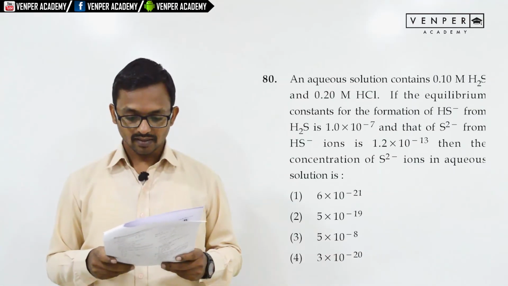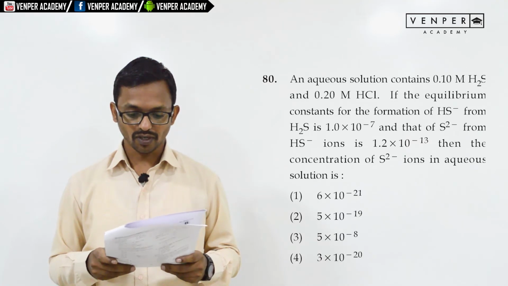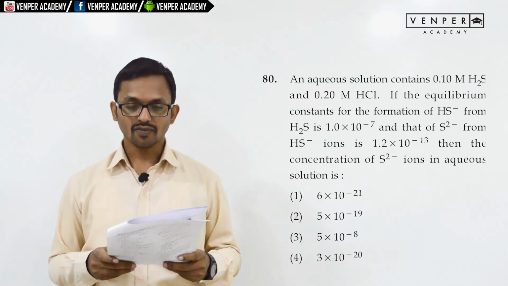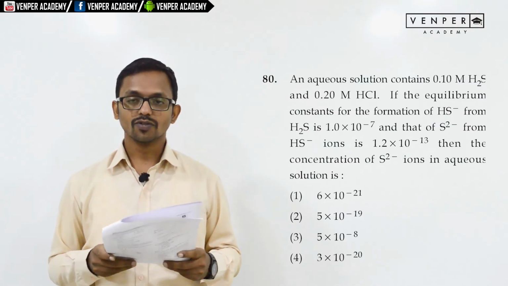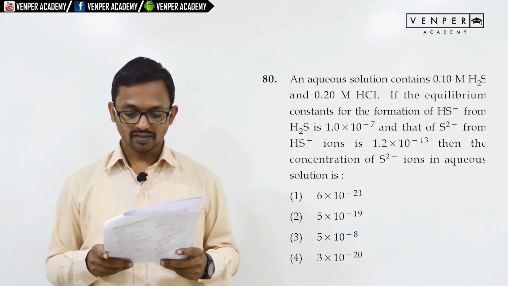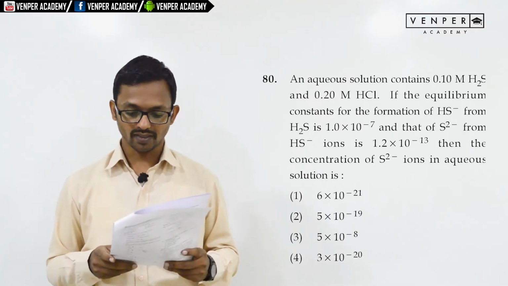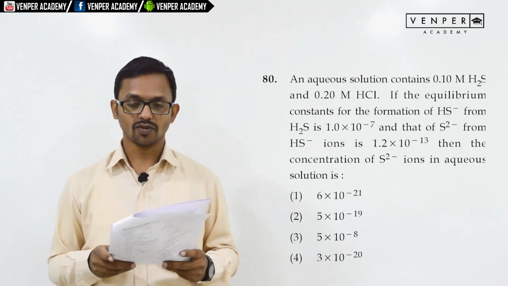Question number 80. An aqueous solution contains 0.10 molar H2S and 0.20 molar HCl. If the equilibrium constant for the formation of HS minus from H2S is 1.0 into 10 to the power of minus 7, and that of S2 minus from HS minus ions is 1.2 into 10 to the power minus 13, then the concentration of S2 minus ions in aqueous solution is,